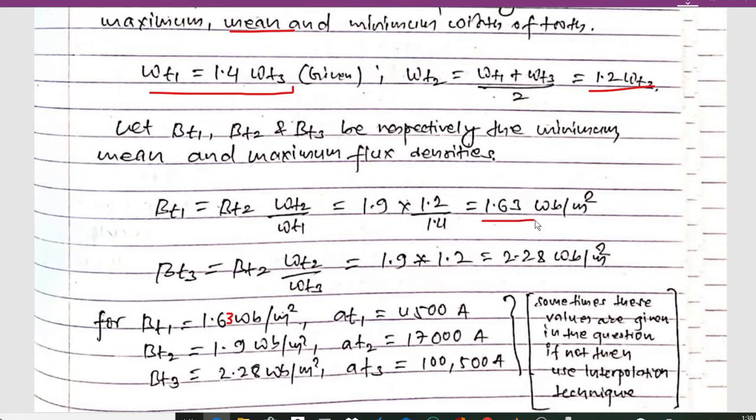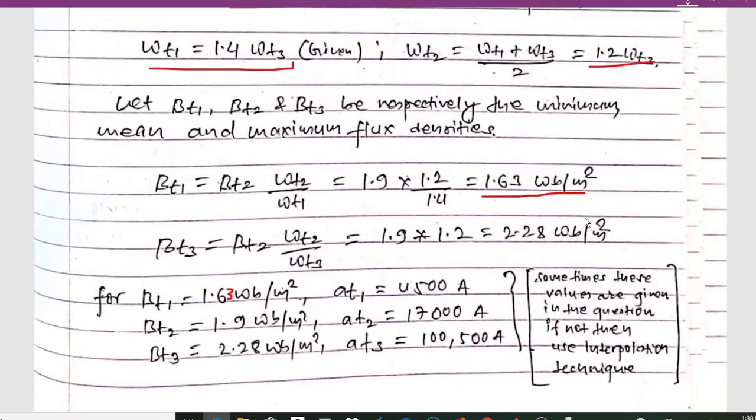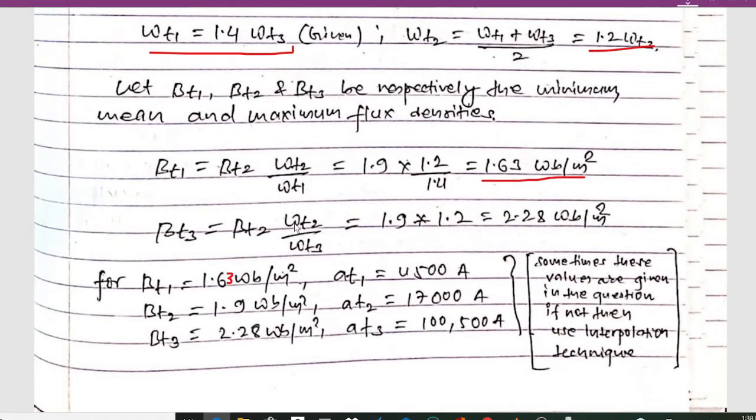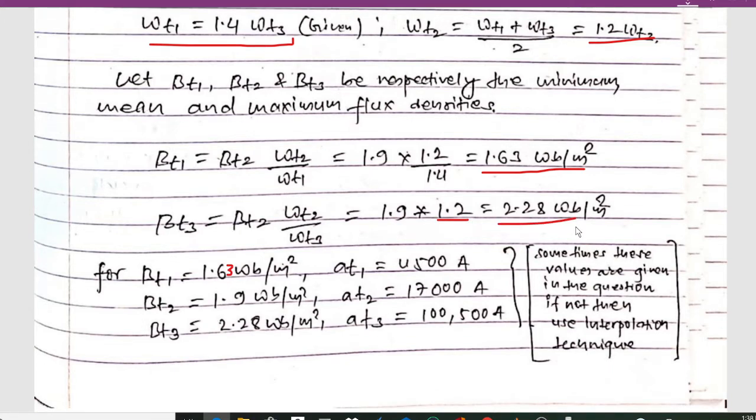So it is going to give 1.63 Weber per meter square. Now BT3 will be BT2 into WT2 upon WT3. So 1.9 into 1.2 WT3, and WT3 and WT3 cancel out, so we directly write 1.2. So we get 2.28 Weber per meter square. And now, for BT1 of 1.63 here we have